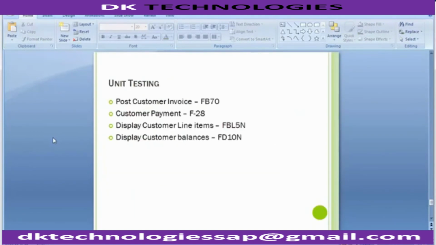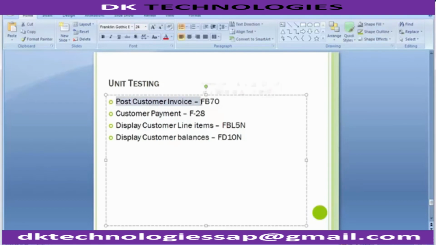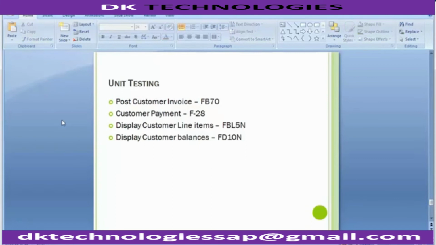So moving to the next, now we'll be doing the testing, how the customer transactions are done in the SAP system, and we check all our configurations are in place or not. So the very first transaction is posting customer invoice. Now customer invoice can be posted in two ways. One is from the finance and account side directly, and another is from the sales and distribution module, that is